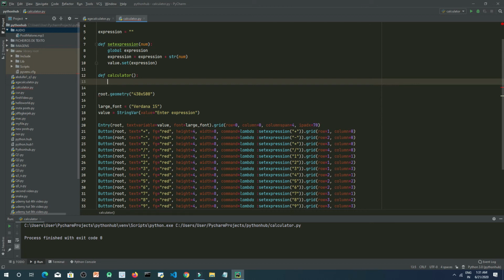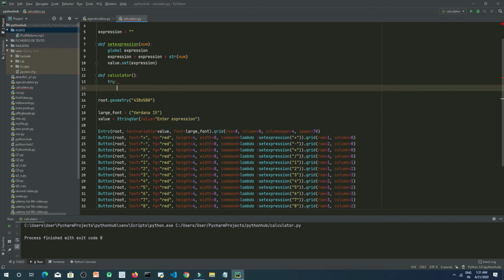As you can see, during the calculation we may face some errors, so we will use try and except, so that if there is any error we can show that error on the screen. So let's type try. Whatever is inside the try will be called first and will run first.